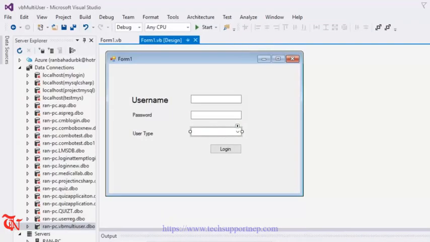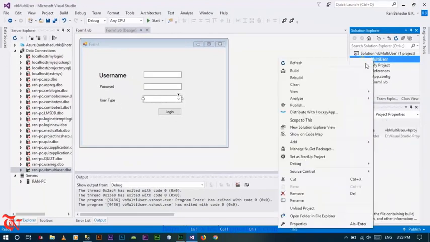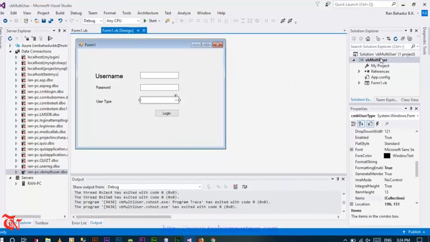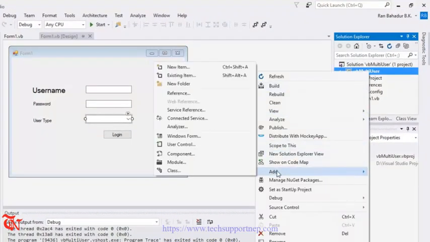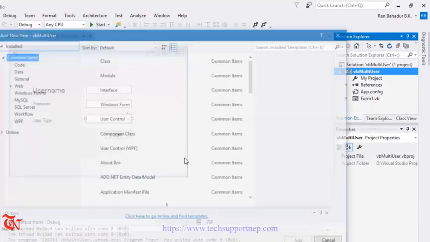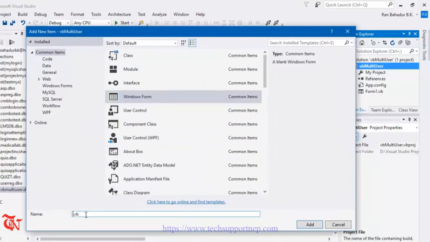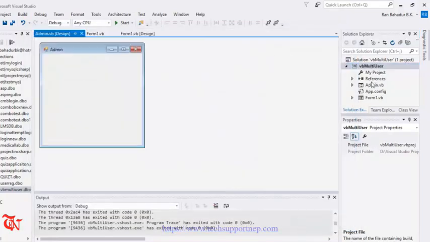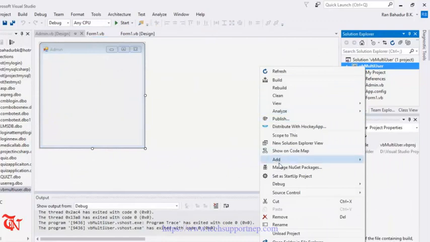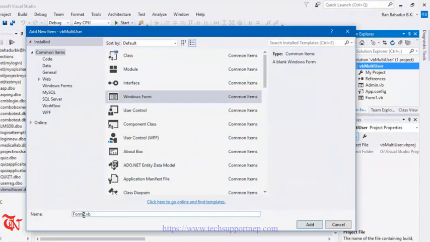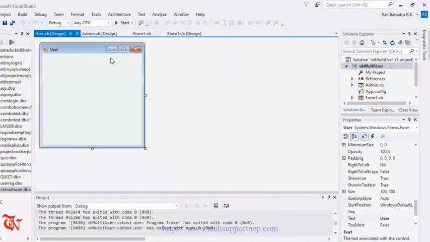So for this, first of all, we are going to add another form. Right click over your project, click on add, and then click on new item, and here click on Windows Form and give the name admin, and again same process, add another form, new item, Windows Form, user, and click add,